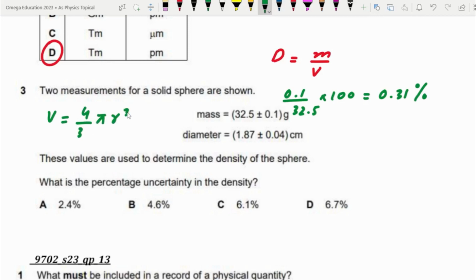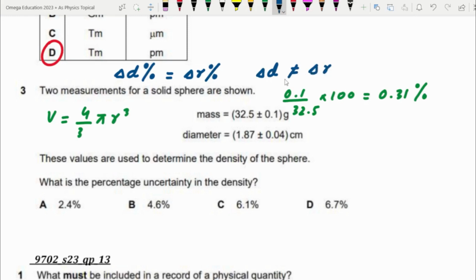So technically we should be finding the percentage uncertainty in radius, not in diameter. But the thing is, the percentage uncertainty in diameter always equals the percentage uncertainty in radius. These are always equal, not the absolute ones. If I am to write the absolute uncertainty, the absolute uncertainty of diameter is twice the absolute uncertainty of radius. So in simple words, if we talk about the absolute uncertainties, then these are not equal, but percentage